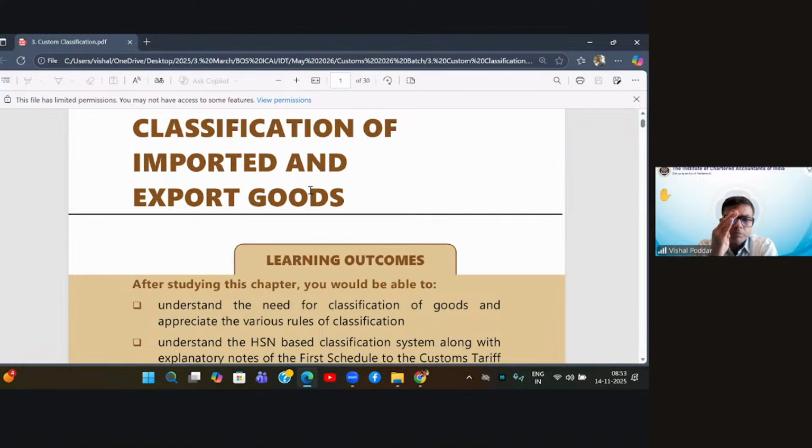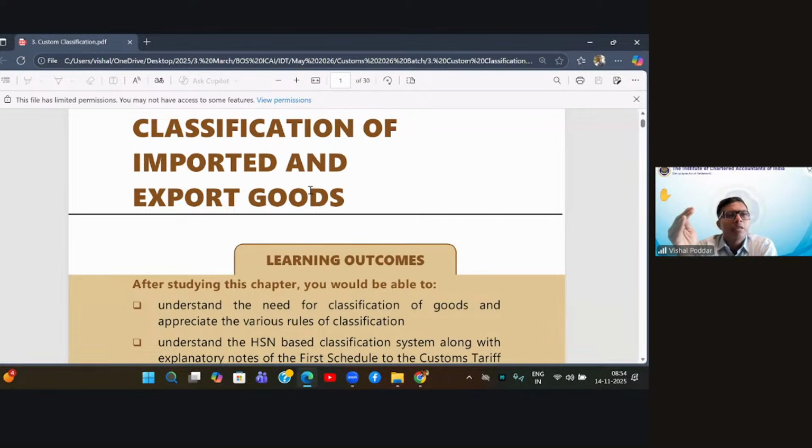Now, just understand the structure of these 98 chapters. So how are these 98 chapters made? How are the goods categorized or classified under these chapters? So the flow is like this. The very first chapter is for the most raw items, like live animals, or very raw items like fruits, vegetables, etc. You'll find the reference to them in the initial first 8-9 chapters. Then slight processing is in the next 15 chapters.